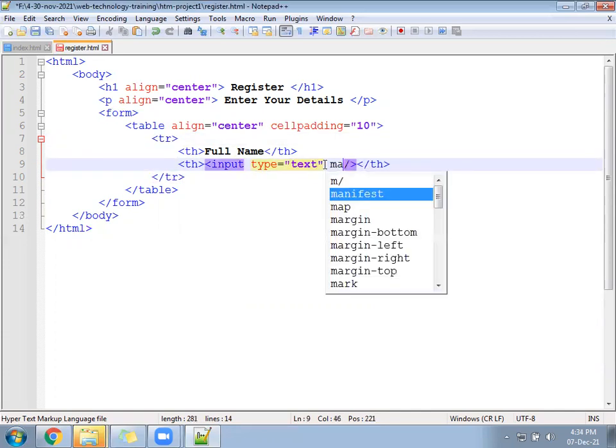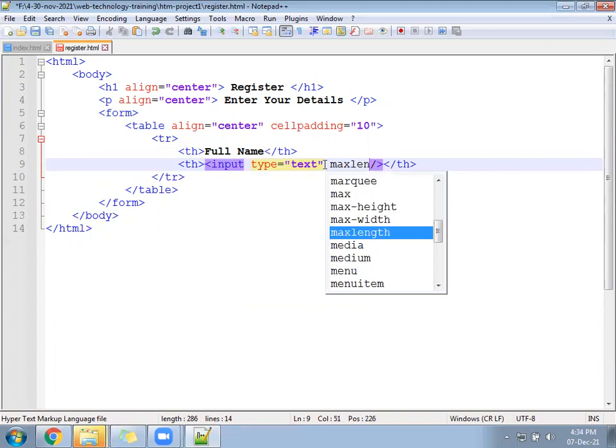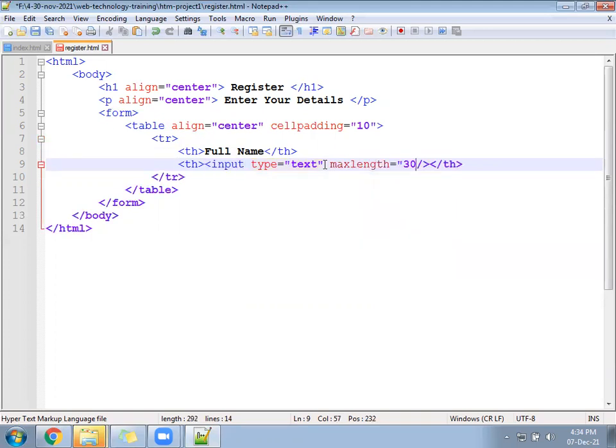Max length we can keep here 30. The user can enter their name up to 30 characters.